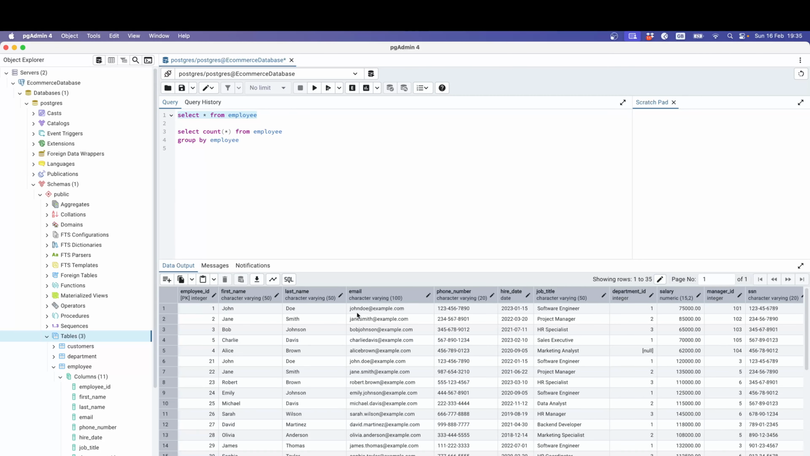So we got this many employees, and what we want to do is group by based on job titles. How many people are software developers and how many are project managers and HR and so on. Okay, so we can count based on job title,